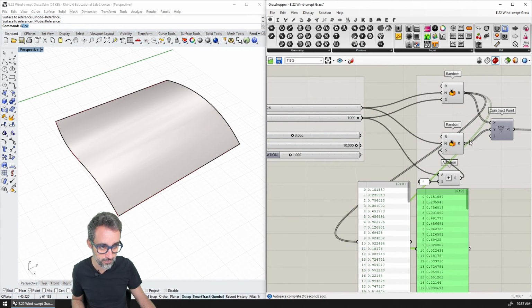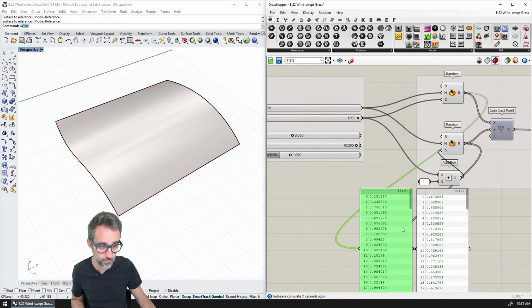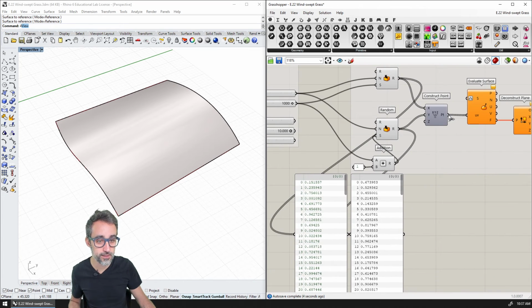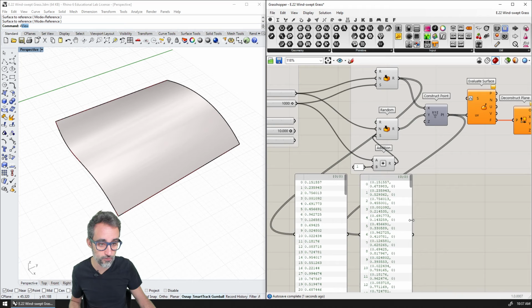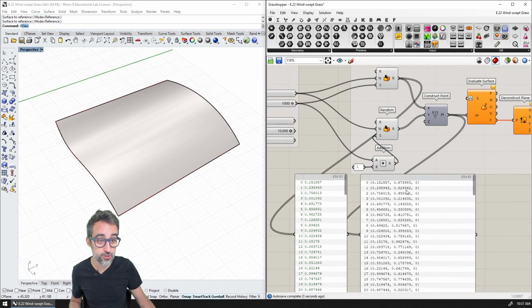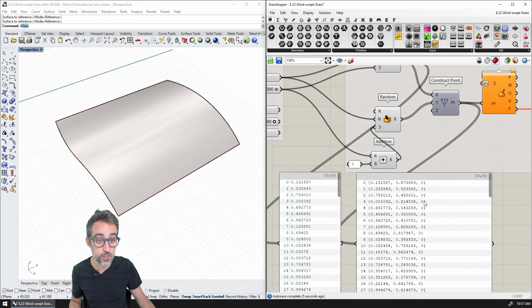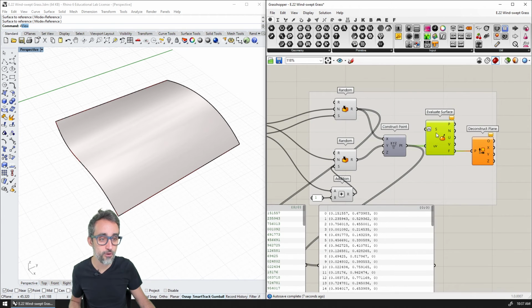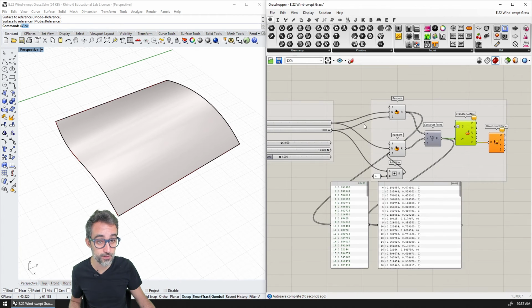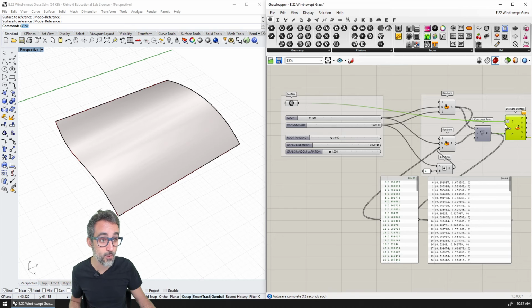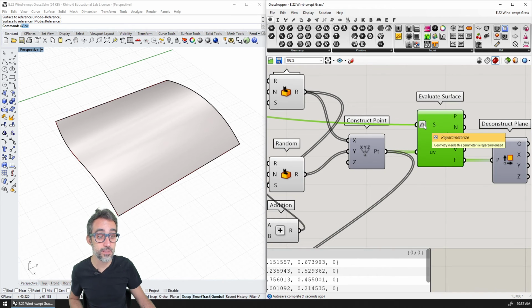So if you can see here, now we have a different list of numbers from the beginning. If we had plugged in the same one, we would have gotten the same list of numbers. We use that to generate a collection of points which we will use as UV coordinates on the surface that we want to evaluate. So if we plug in the surface here now, and we make sure that this surface